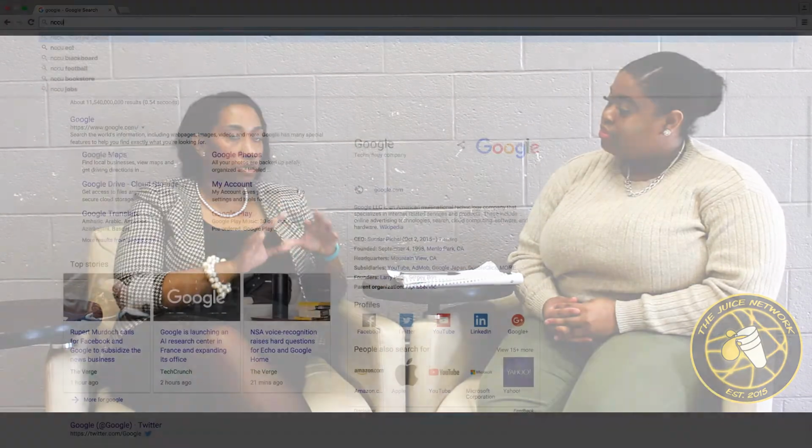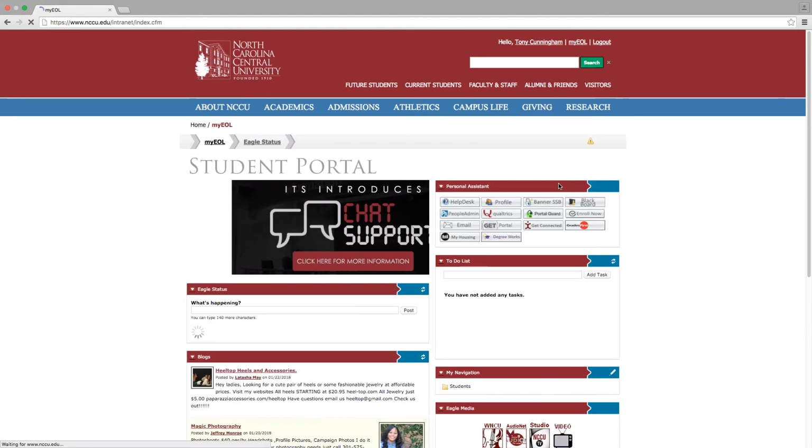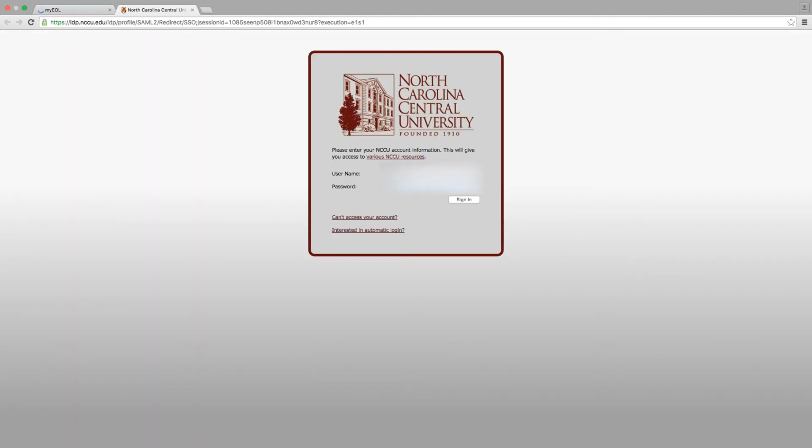GradesFirst also has a single sign-on as well. So you go straight through the MyEOL option. You use your NCCU credentials. So it'll ask you for your username. So the first part of your email address you enter, and then whatever your NCCU password is when you log onto the computers on campus or your email, and you get right into the GradesFirst system that way.